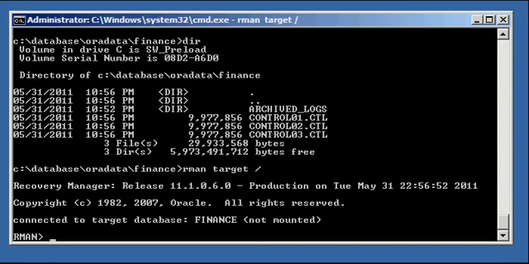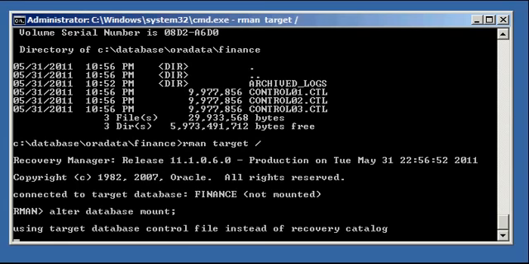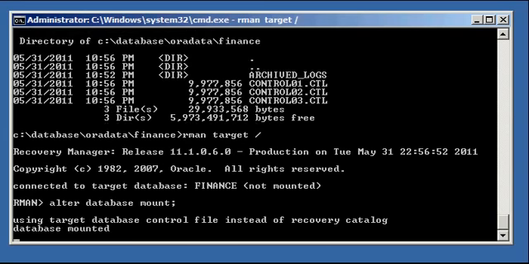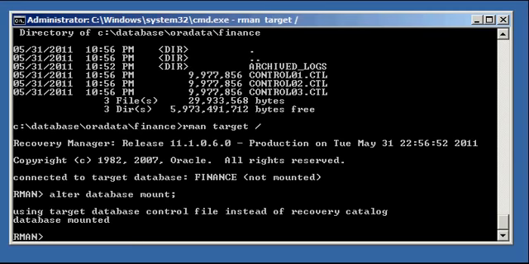Now that we restored our control files, we can mount our database instance. So we can do alter database mount. Yes, right from RMAN you can do it. You don't have to go into SQL Plus and back and forth. Database mounted. Now we don't have to say restore from and explicitly say the backup piece name like we had to do with the control file. Now that the control file is mounted, all the information about the backups, the backup metadata in the control file, is now accessible. So now what we can do is, to restore our database, all we do is